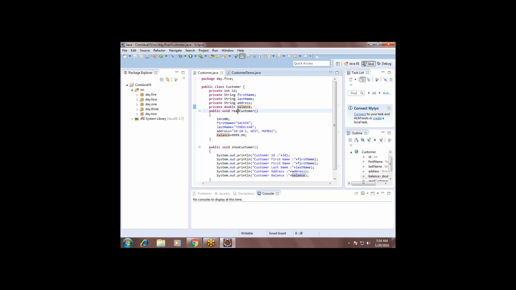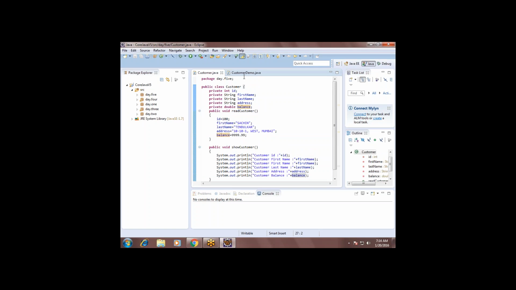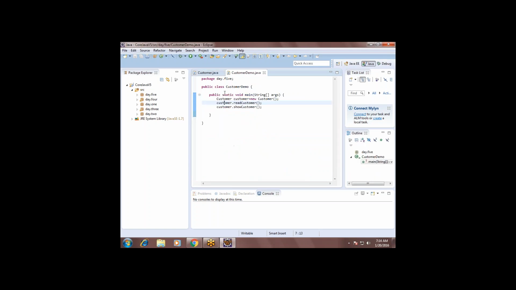And I have defined two methods called read customer method, which will read the data into the properties, and there is another method called show customer, which will print the values of the properties, right? And in the other program, I have written a main method where I created an object for the customer class, and I call those methods like read customer and show customer, which will print me the details, right?